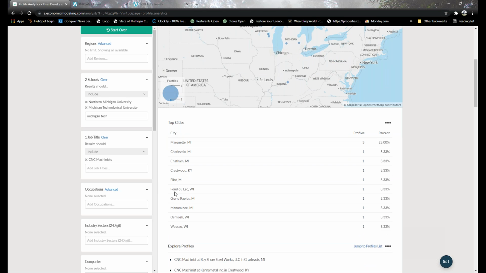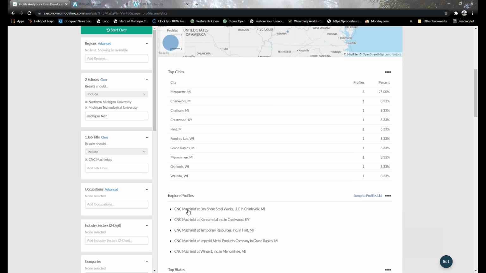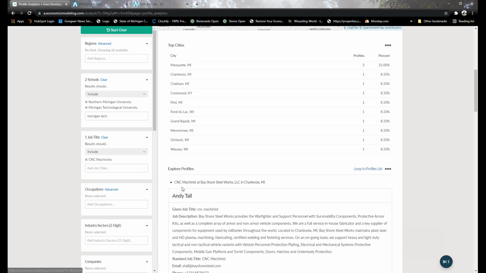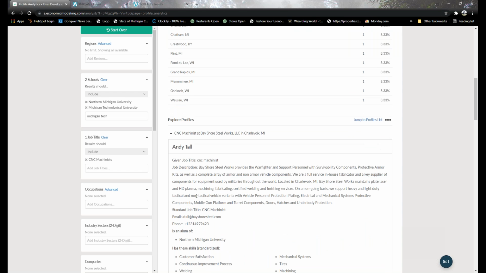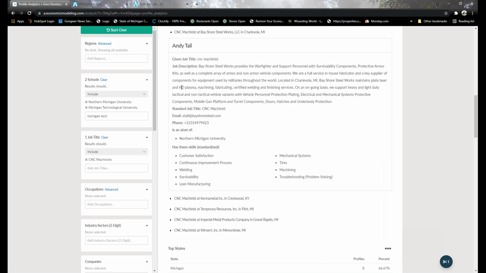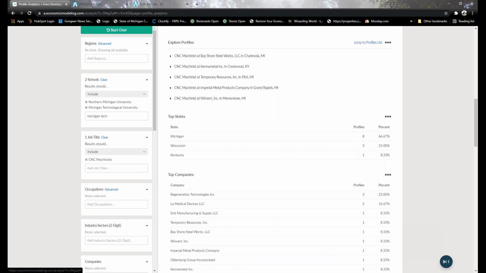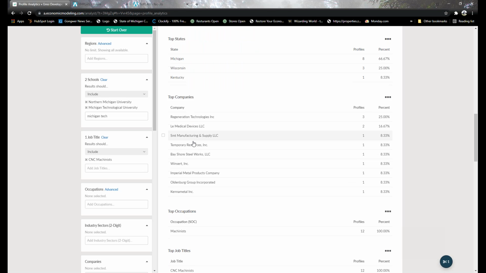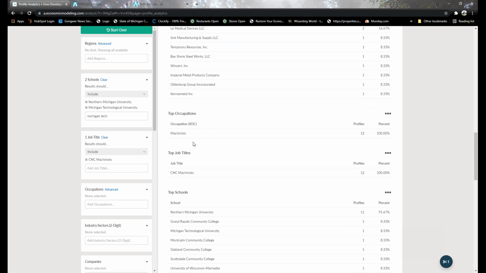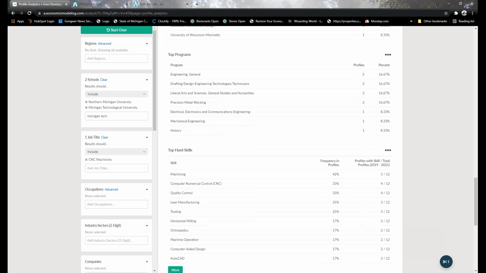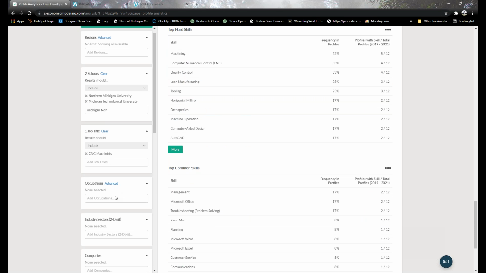This is going to give you that same information. It's going to give you the top cities that they're in. It's going to give you, this is the resume level data that you can actually get into an Excel format. You can get their emails, phone numbers, the skills that they have, whatever information that they have on their resume you can find here. Let's see here, the top companies that they are working for, the schools that they went to again, hard skills. This can also be used to help cross-train.